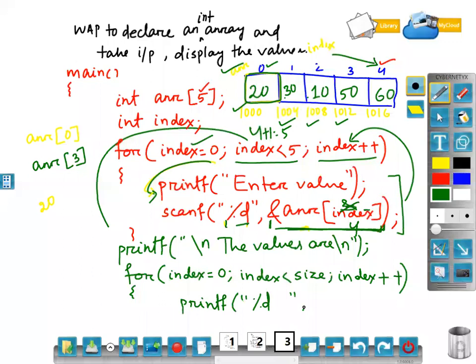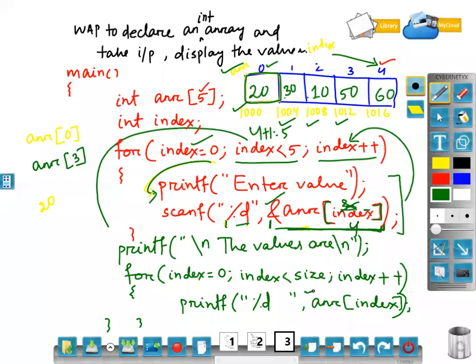What will you print? Now I will print array of index. This is totally the same as your printf and scanf single statement. What we are doing here is implementing an array. That's why we are using this bracket along with one variable, index. In scanf we need to provide ampersand, in printf we don't require it. That is the difference all of you know till now.